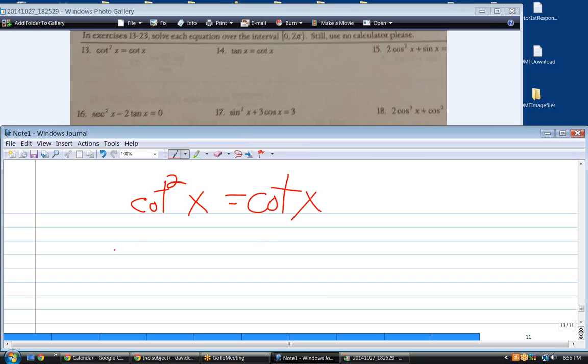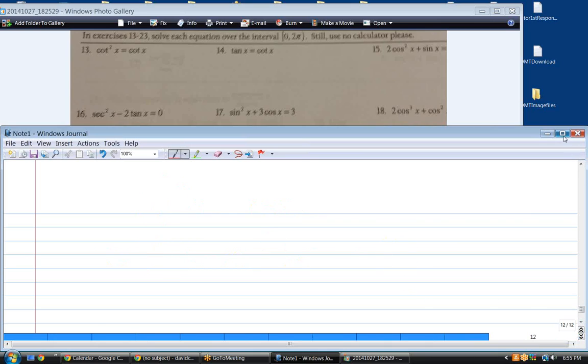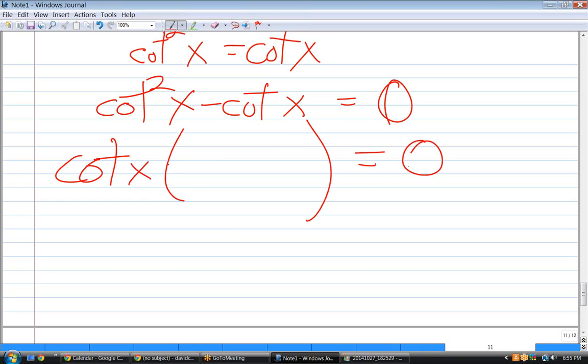Bring the cotangent over to the left side. And then do we factor out a cotangent here? Uh-huh. What's left? Cotan x minus 1. Okay, now what? And then